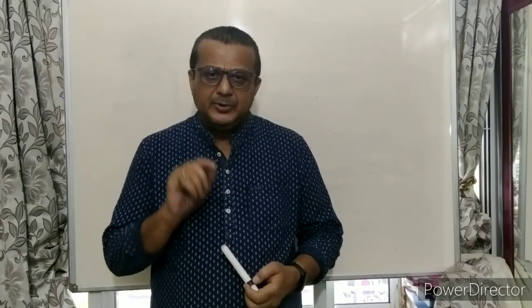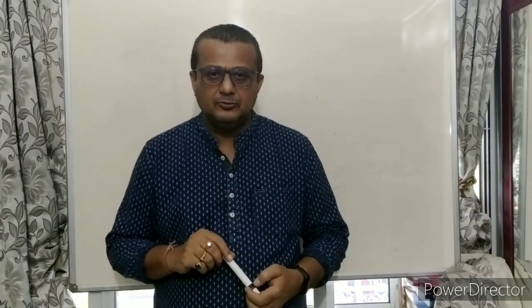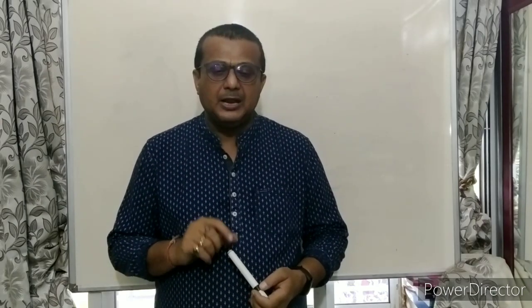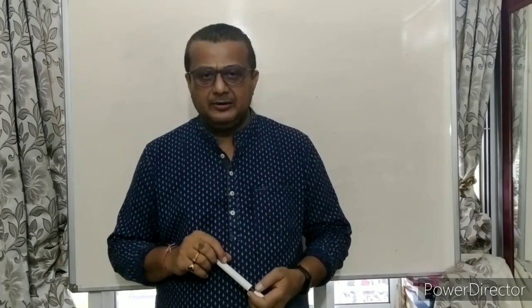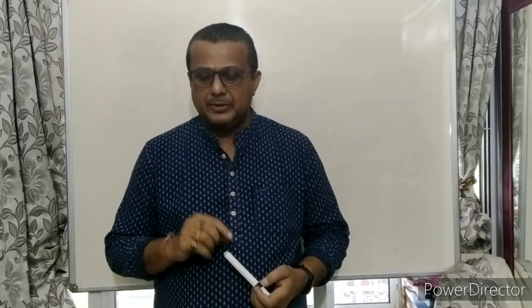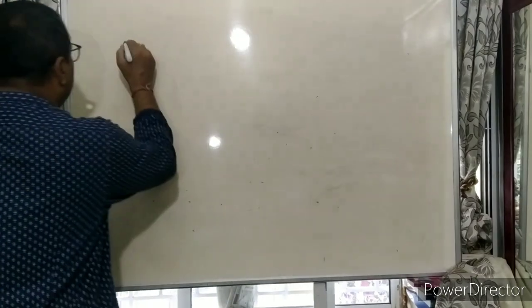That magnetic Lorentz force can be expressed as Q V cross B, that is Q V B sin theta, where theta is the angle between velocity and magnetic field. In the last lecture we did this concept. I think one problem was done, but we will see some more problems dependent on that topic. So today, problem 2.